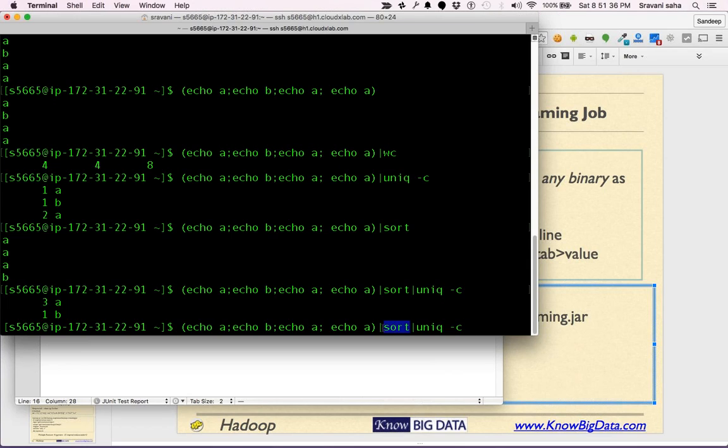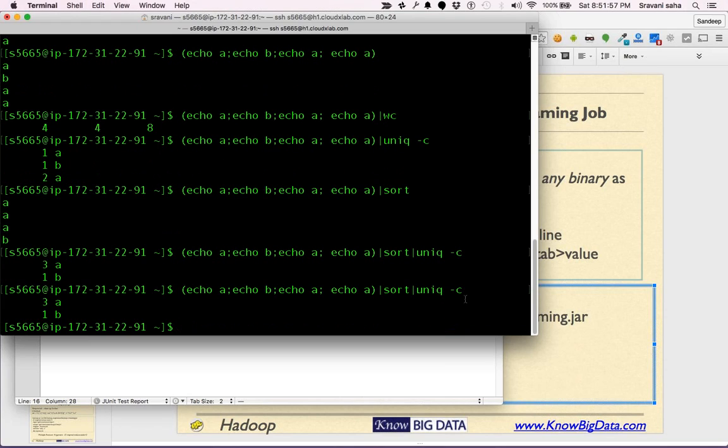This is your mapper, which is giving out the key and value. Value may be null, okay? And sort is just sorting the data, and then uniq. Make sense to all of you? You can see that it has converted the input into a proper word count.